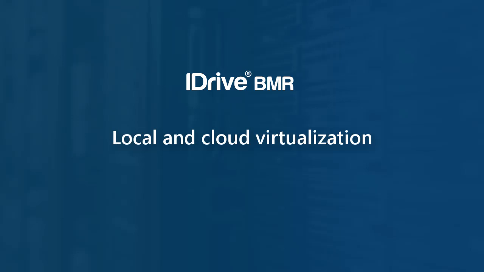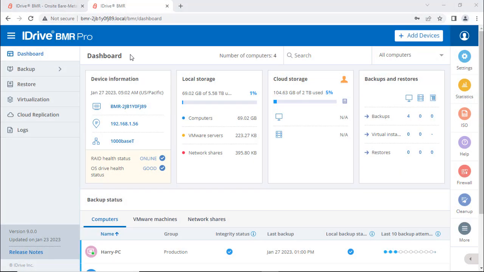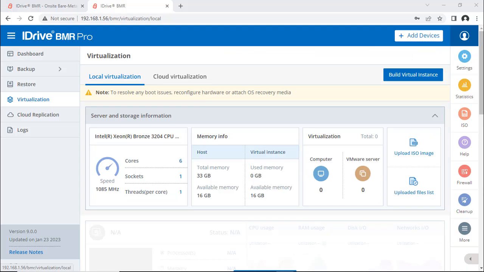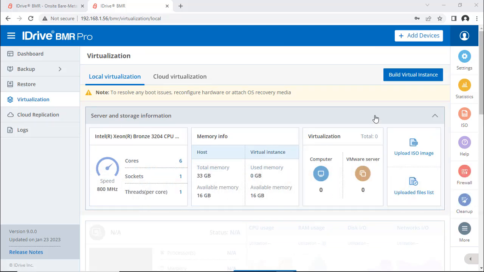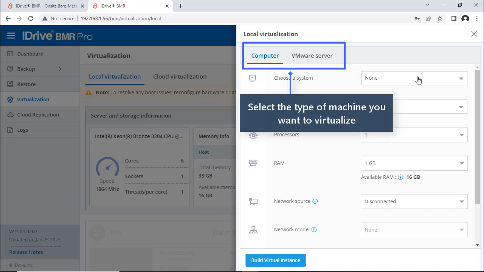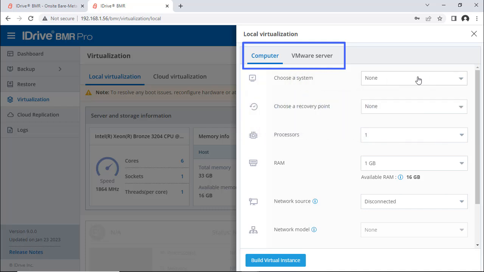Virtualize your backed up computers and VMware machines on the iDrive BMR device or iDrive Cloud using the inbuilt KVM Hypervisor. To create a local virtual instance, navigate to the Virtualization page, and under the Local Virtualization tab, click Build Virtual Instance. In the window that appears, select either Computer or VMware Server, depending on the machine you wish to